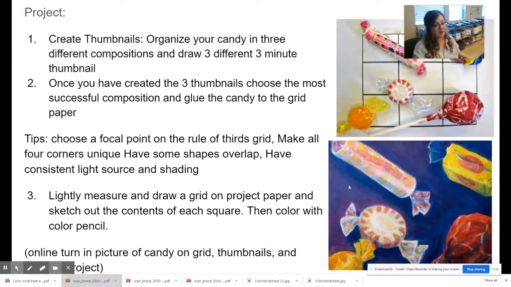So first step are thumbnails. Grab your stuff, and then after you have done your 3 thumbnails and you decide what the best composition is, you're going to take a picture of those, and then draw your project, and you're going to turn in your thumbnails and your still life picture, and then also your project picture into Google